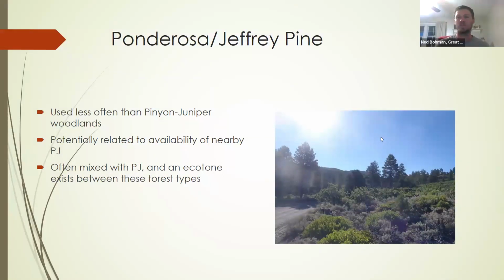Ponderosa and Jeffrey pine woodland seems to be pretty common in their habitat usage throughout their range, and of varying importance depending on the availability of pinyon pine nuts. But it's pretty likely just related to the availability of nearby pinyon pines. And ponderosa is often mixed with pinyon juniper. From what I've seen in northern Arizona, that's really common to see pinyon pine mixed in ponderosa forest and plenty of pinyon jays in what appear to be pure ponderosa stands. So we would consider this pinyon jay habitat,